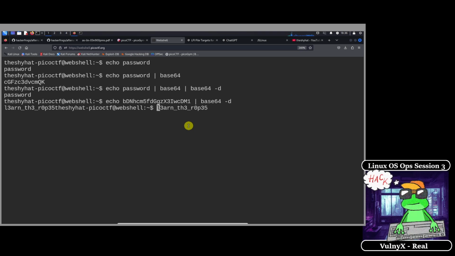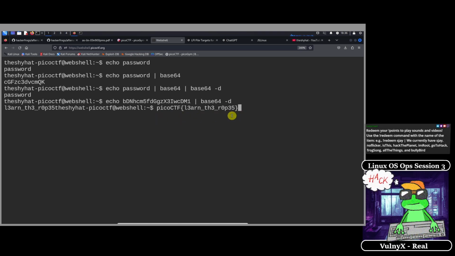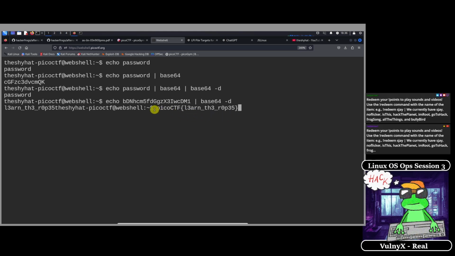So every picoCTF flag has to be in a specific format. And that format is picoCTF. So pico is small letters, CTF is big letters. And then we need to put this between some curly brackets. So the curly bracket on your keyboard is the same key as the square bracket. You just need to shift and then hit the square bracket button, and that'll create the curly bracket. And we need to do a pair of curly brackets. So this is what it would look like in the proper picoCTF format. So after you add all of this, just copy the flag,